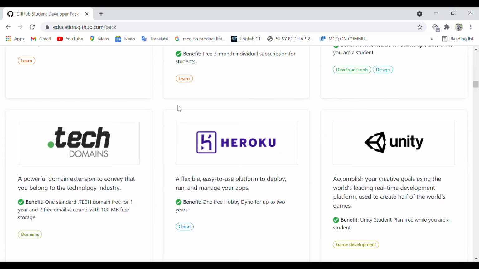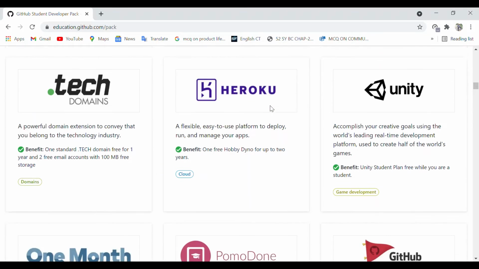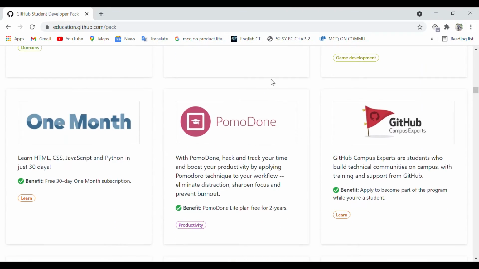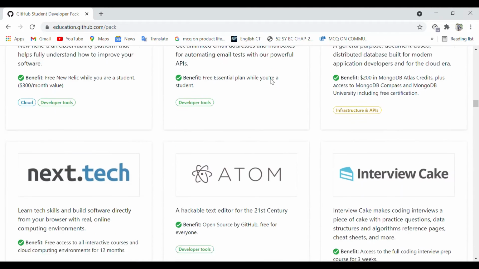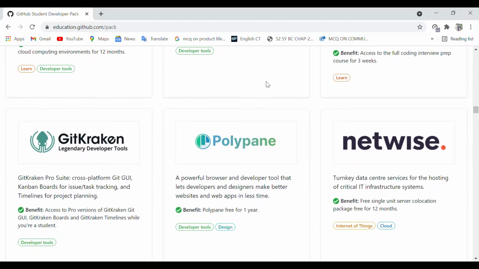Then again you get a variety of platforms where you can get domains for free, and there are many apps which you can scroll through and see what their functions are. The Notion app is also there, which increases your productivity.